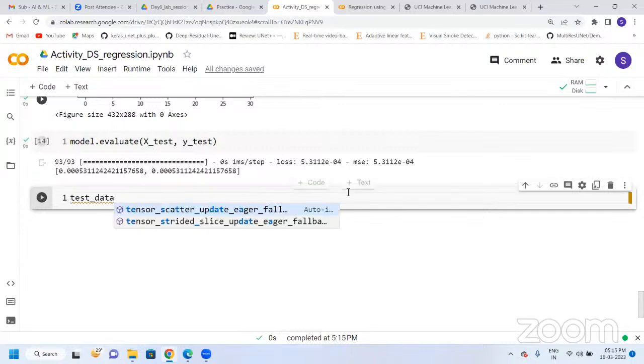So here we are getting a 0.0005 MSE value. So your test data is